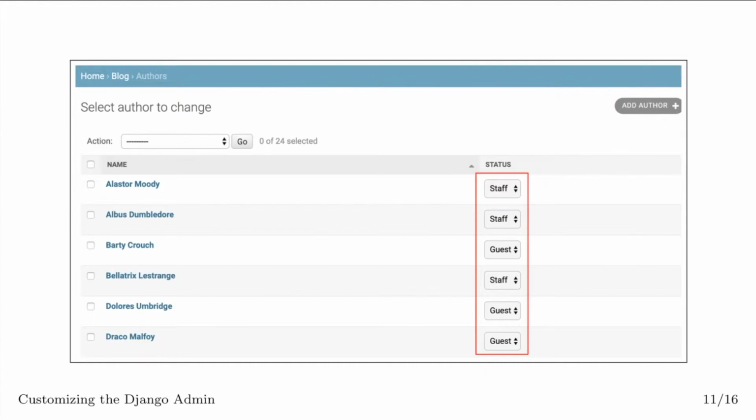Are they a guest blogger? Are they a staff blogger, etc.? And I could edit all of them at a time. So this makes it really fast if I needed to edit a bunch of things. This is much faster than having to say, click into one author, make the modification, save it, go to the next one, etc. I should mention again that Django is smart enough to know the couple valid choices that we have here for a staff blog author or a guest blog author,